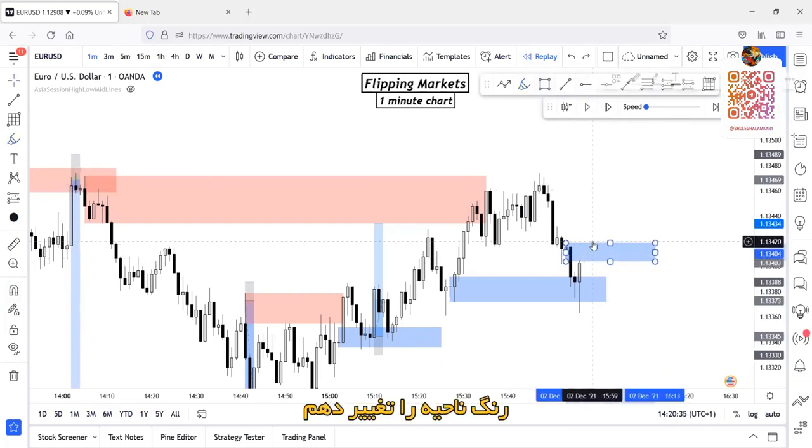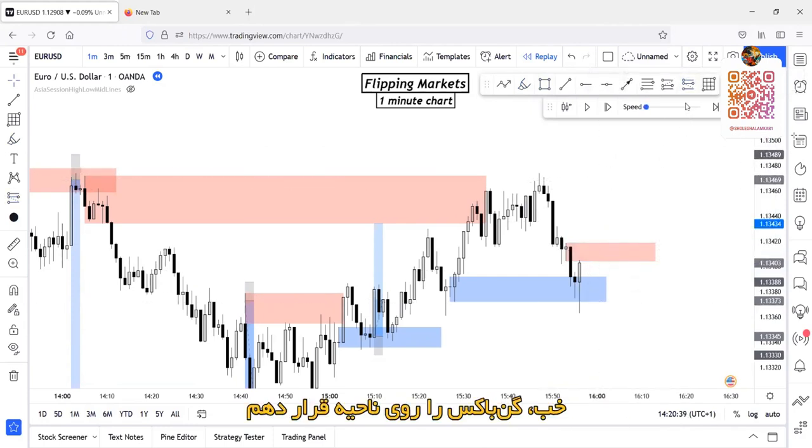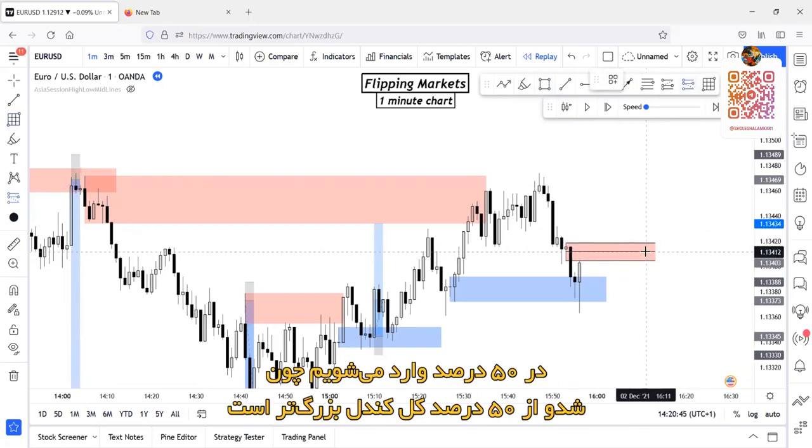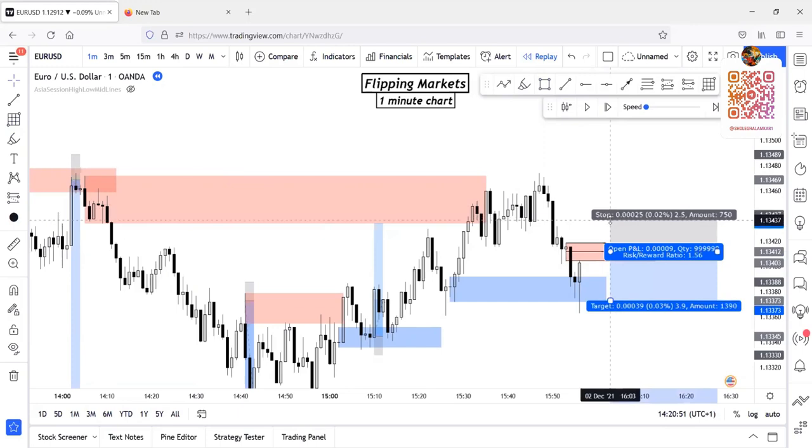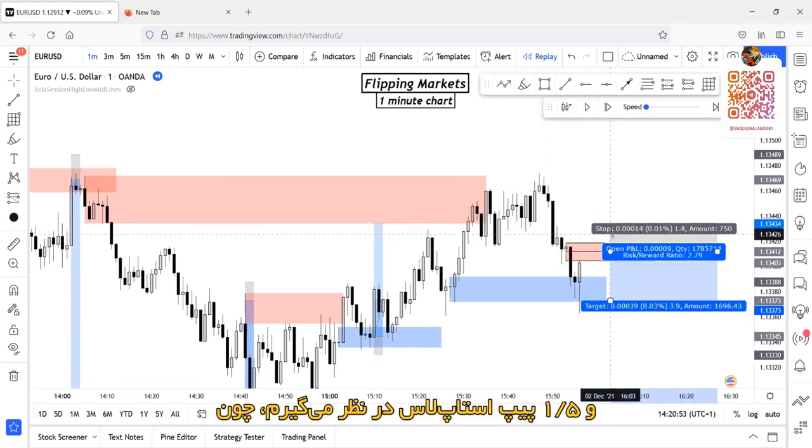Sorry, let me just finish the color. Okay, so let's just put our gun box here on the 50% because the wicks are larger than the whole body. And I will set